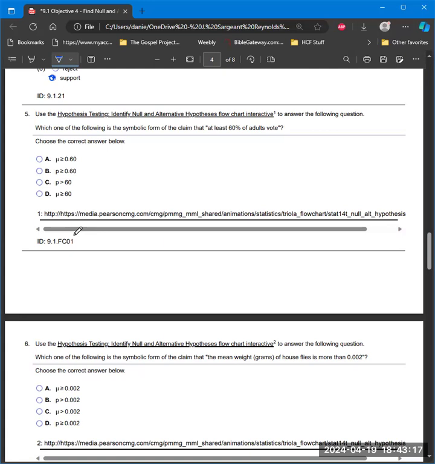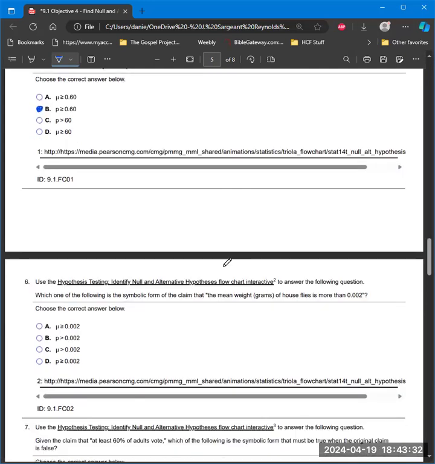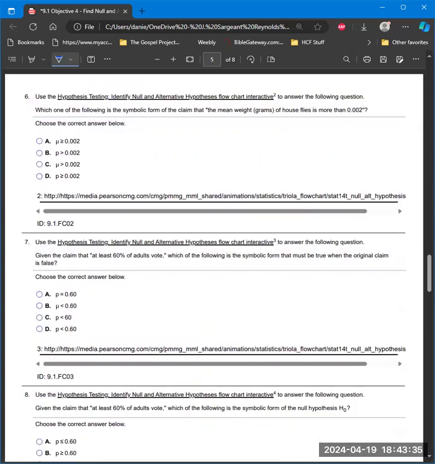Which one of the following is the symbolic form of the claim that at least 60% of adults vote? So that's a proportion, 60%, and at least means greater than or equal to. So there we go. It's B. Which of the following is a symbolic form of the claim the mean weight in grams of houseflies is more than 0.002 grams? So mean greater than